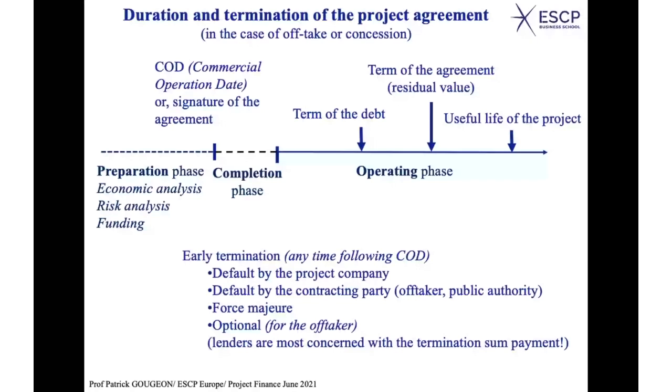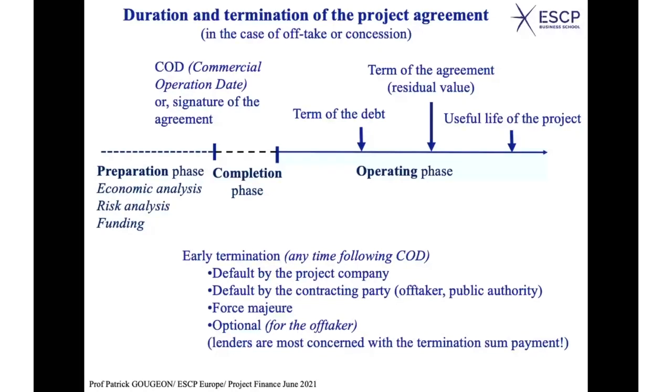Maybe it may be difficult to work. There is a kind of disagreement between the public authority and the private sponsors, and they just realize that they will not be able to work together. And therefore, the sponsors might decide to withdraw from the company,